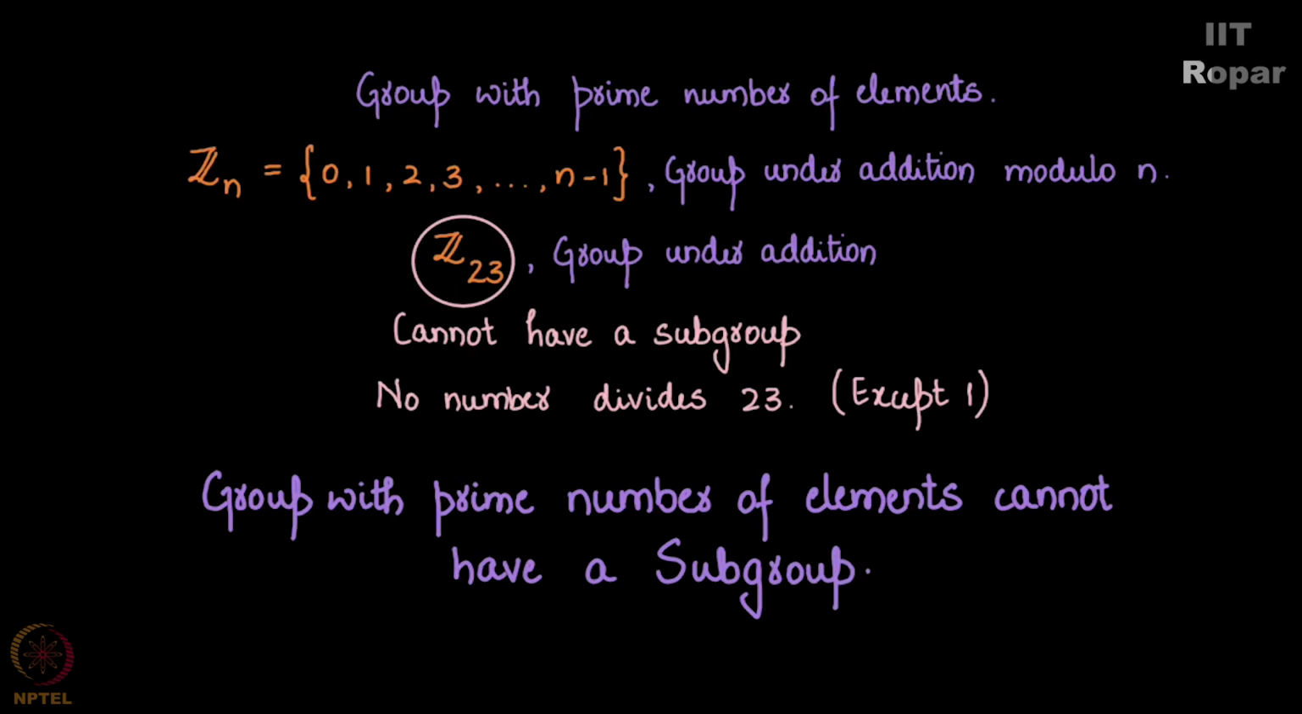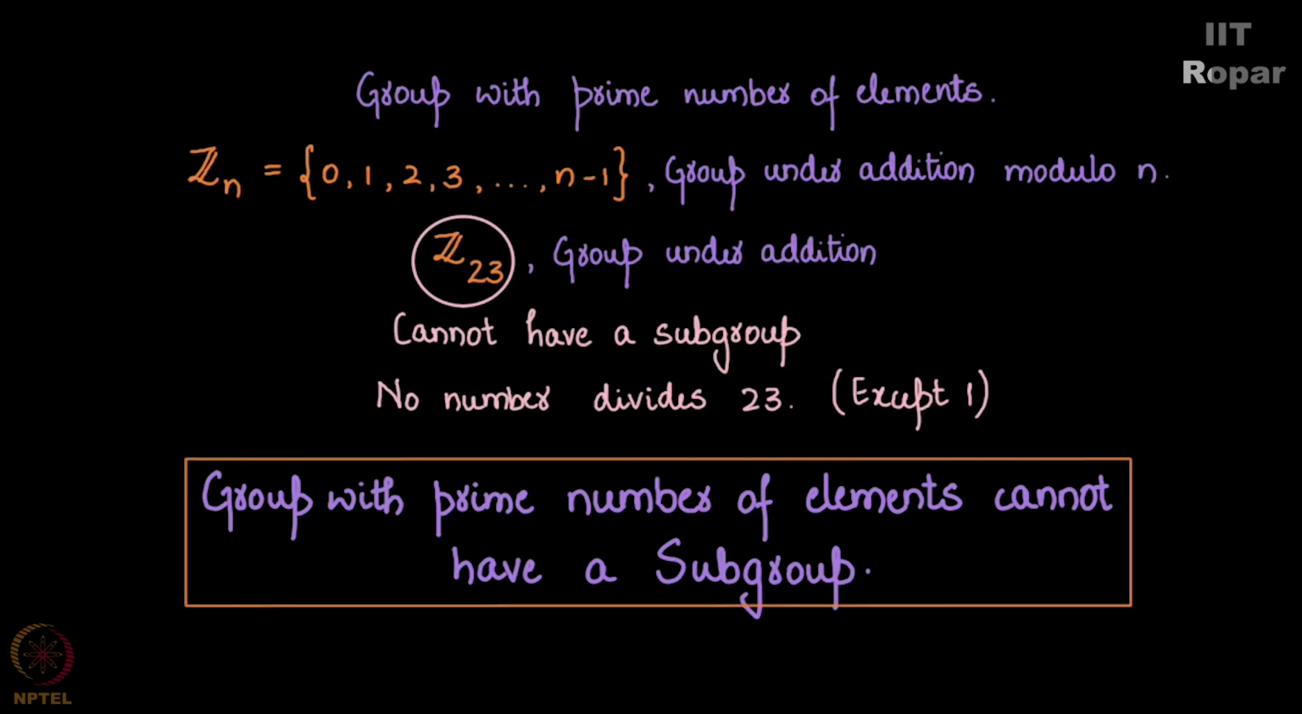You see, you say something as simple as Lagrange's theorem and look at its consequence. Right? The consequence is that if a group has a prime number of elements, it cannot have any subgroup. You see? So the whole of group theory is full of such results that are consequences of some theorems,